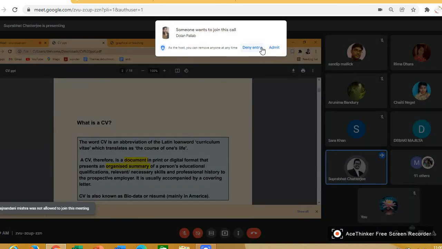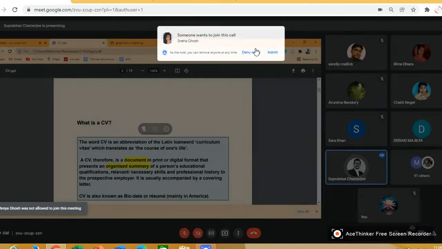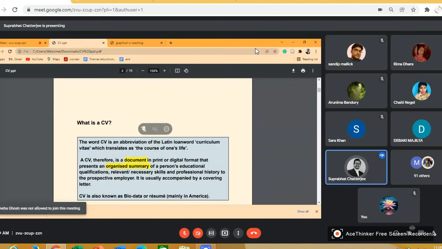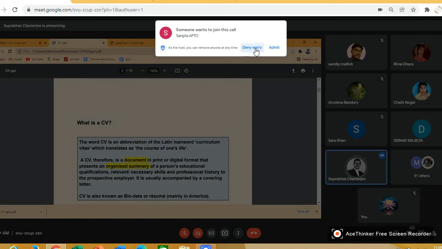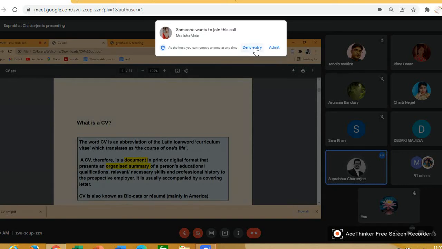কেন লাগে এই ডকুমেন্টটা, বা what does this document do? It presents an organized summary of a person's educational qualifications, relevant or necessary skills, and professional history. And to whom does it present this? To the prospective employer. So CV is this document যেটা একটা অর্গানাইজড সামারি প্রেজেন্ট করে প্রসপেক্টিভ এমপ্লয়ারকে আমাদের এডুকেশনাল কোয়ালিফিকেশন, নেসেসারি স্কিলস এবং প্রফেশনাল হিস্ট্রির প্রেজেন্টেশন হিসেবে. It is usually accompanied by a cover letter, and